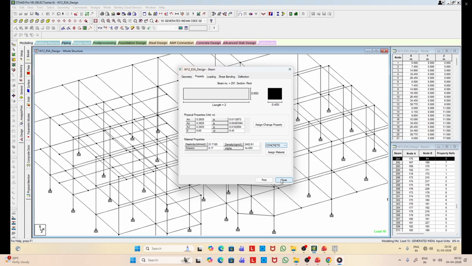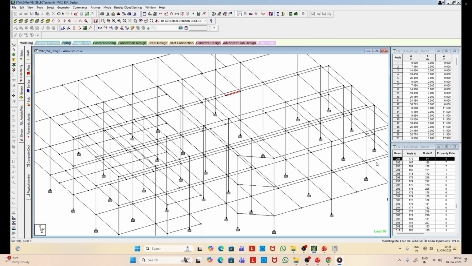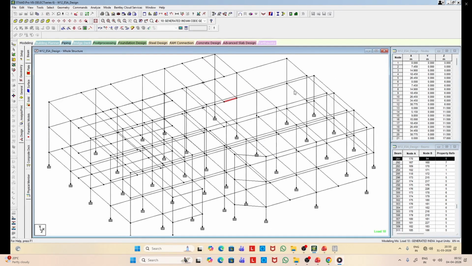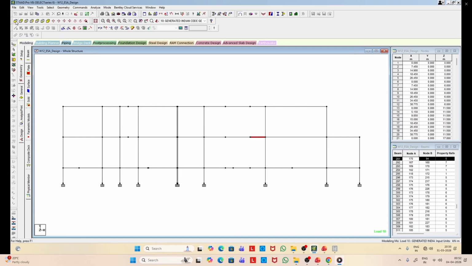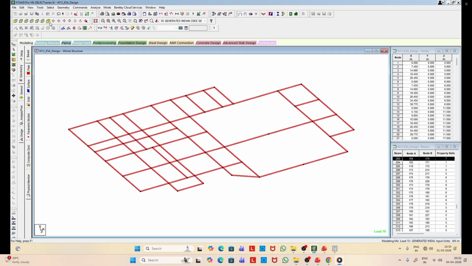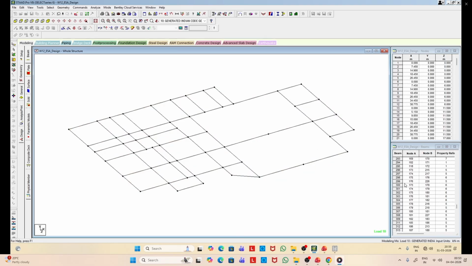We can adjust this cross section. 291 is the member that has failed.